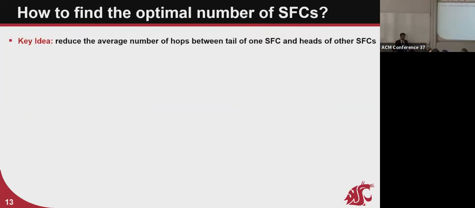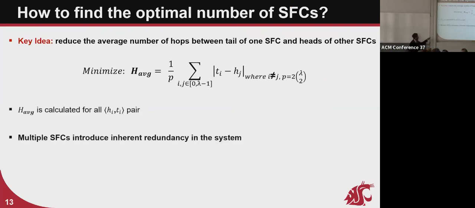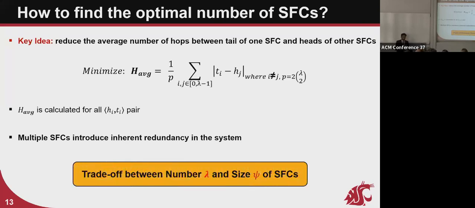So how do we find the optimal number of SFCs? The idea is that we reduce the average number of hops between the tail of one SFC and the head of another. Once we are on a given tail, we want to reach the next possible head in the shortest amount of time. The H average is calculated for all of these head-tail pairs. Multiple SFCs introduce redundancy, but if one of the SFCs is longer, resources might be wasted. So we have this trade-off between the size and the number